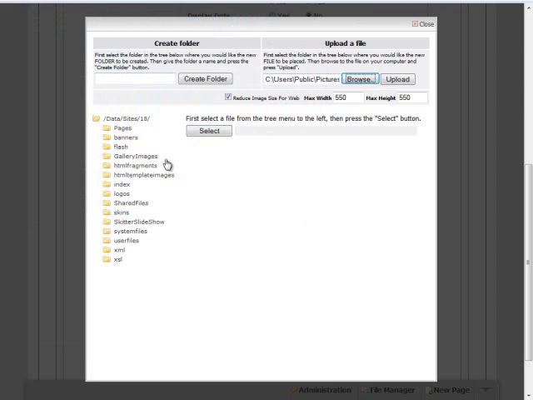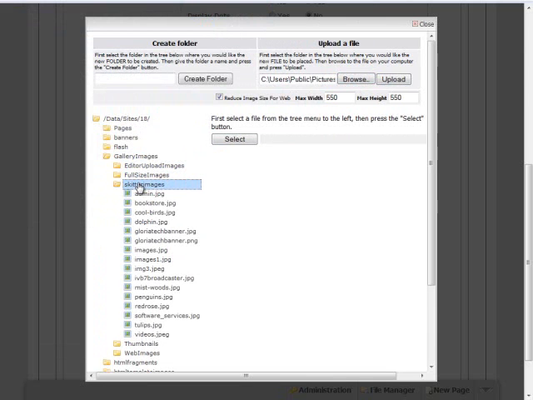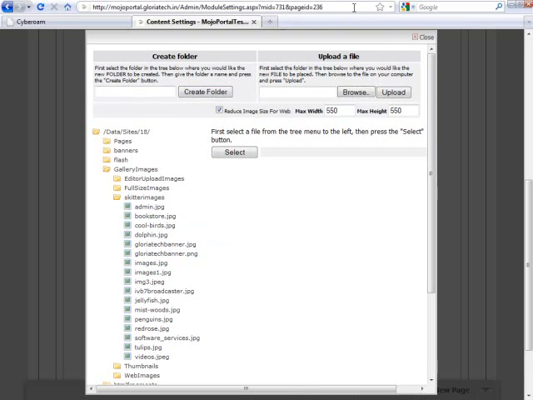Before doing that, you have to select the folder in which your image has to be located. Now I click on gallery images, then Skitter images. Now if I click on upload, it will be located in this folder. You can even set maximum height and width for this image. Now you find this jellyfish.jpg has been located in this folder. Now let's close this one.